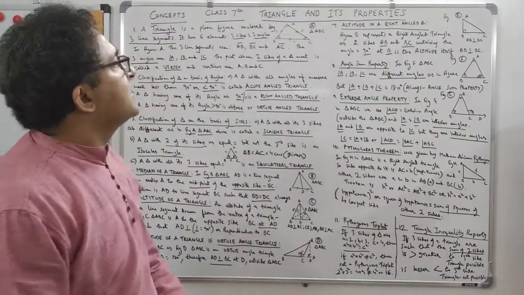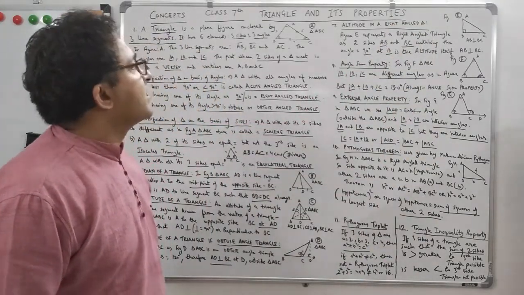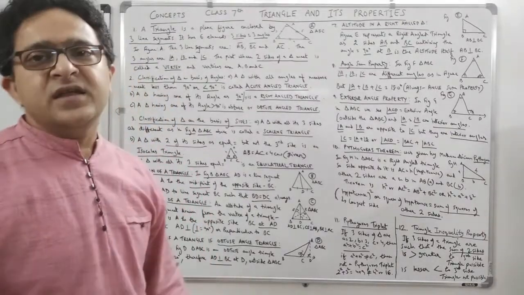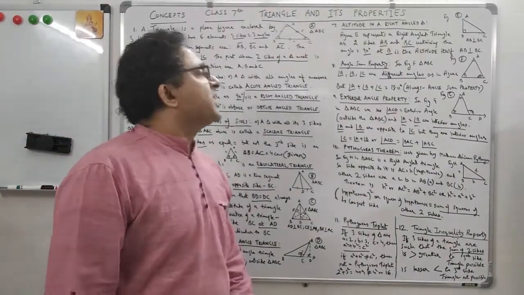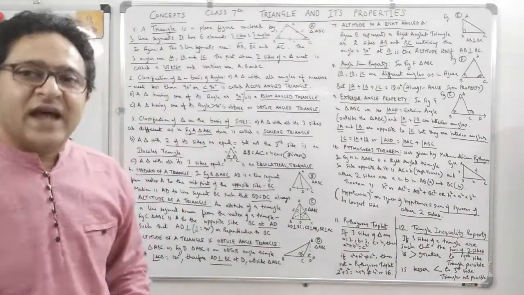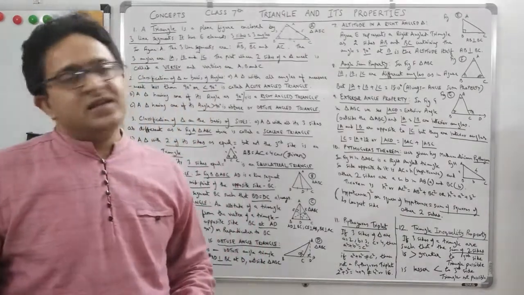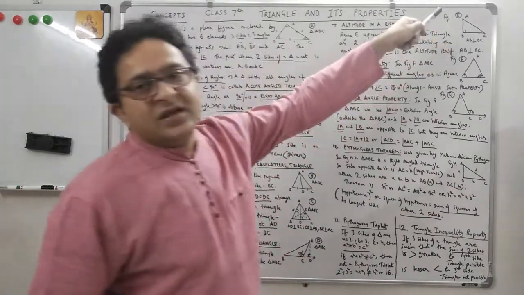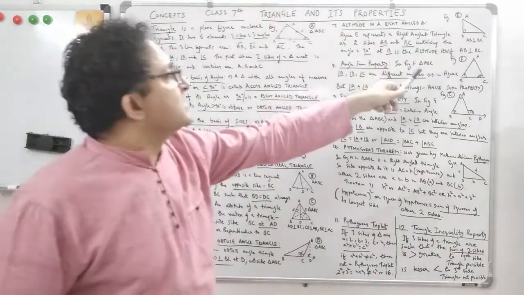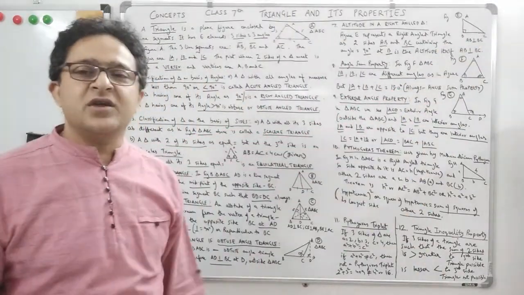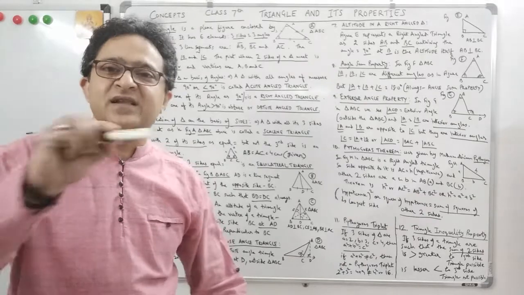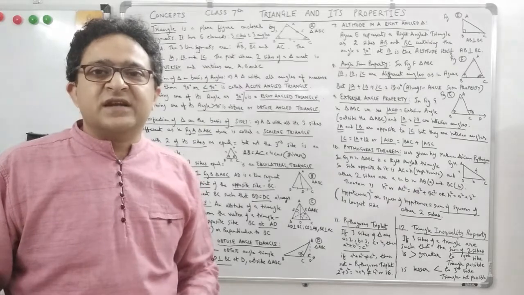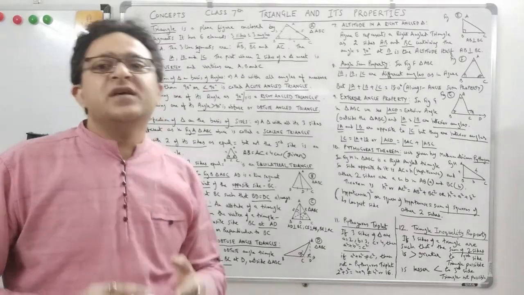So what happens in a right angle triangle? This is the altitude in a right angle triangle. I told you the altitude in an obtuse triangle will be outside the triangle, and what happens to the altitude in a right angle triangle? The sides which contain the angle, sides BC and AB which contain the angle ABC, that itself will be the altitude of the triangle. So in a right angle triangle where the angle mentioned is 90 degrees, a side which contains the angle is the altitude of the right angle triangle.